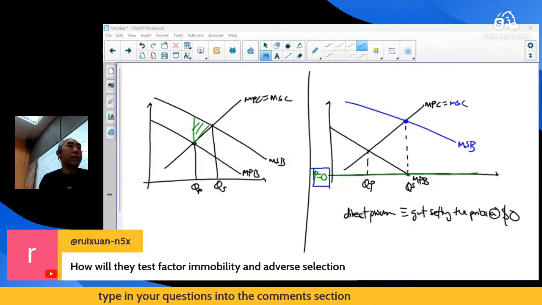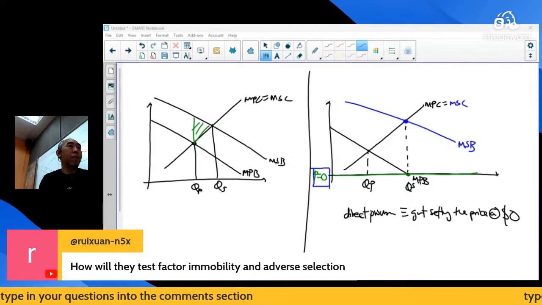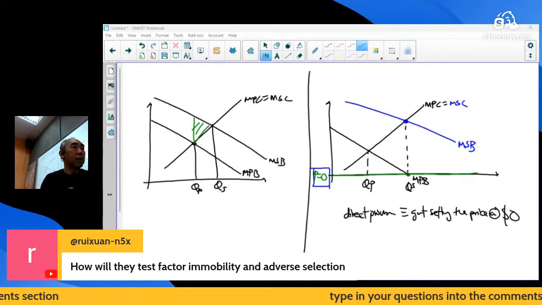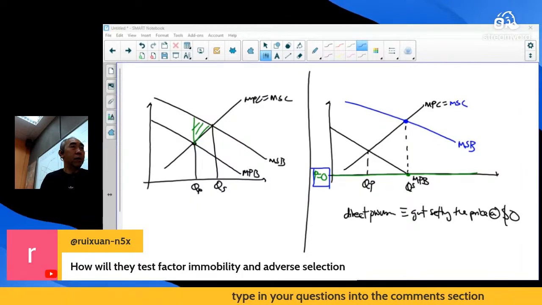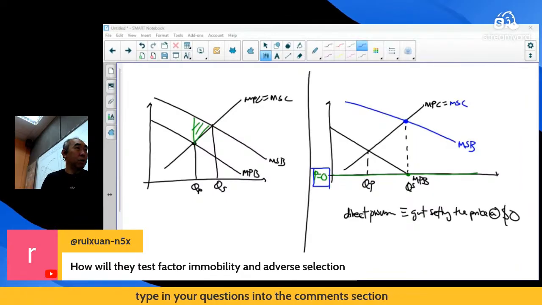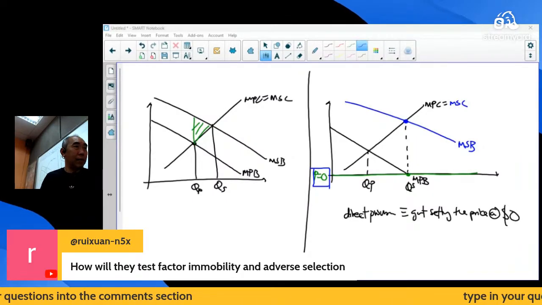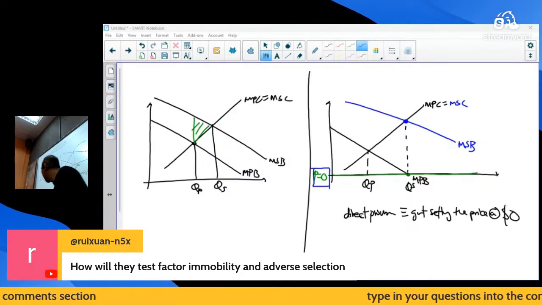How will they test factor immobility and adverse selection? If I am not wrong, your school is not testing immobility and adverse selection. I'm assuming, Richard, you are TMJC. So if you're TMJC, then I don't think they'll be testing this. But if you're not TMJC, then